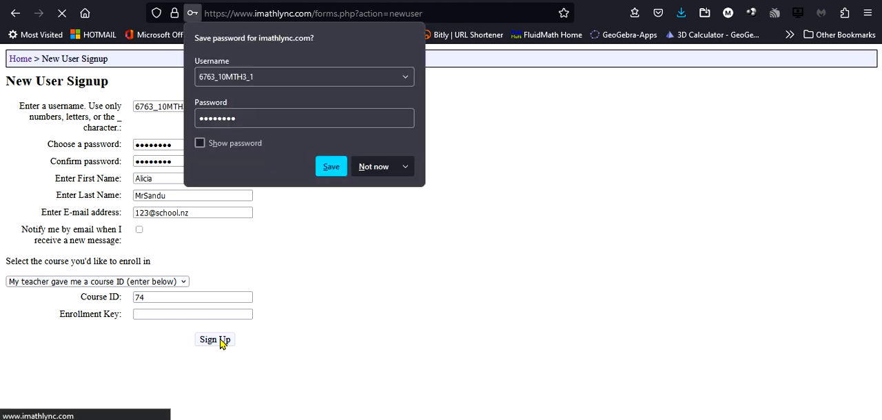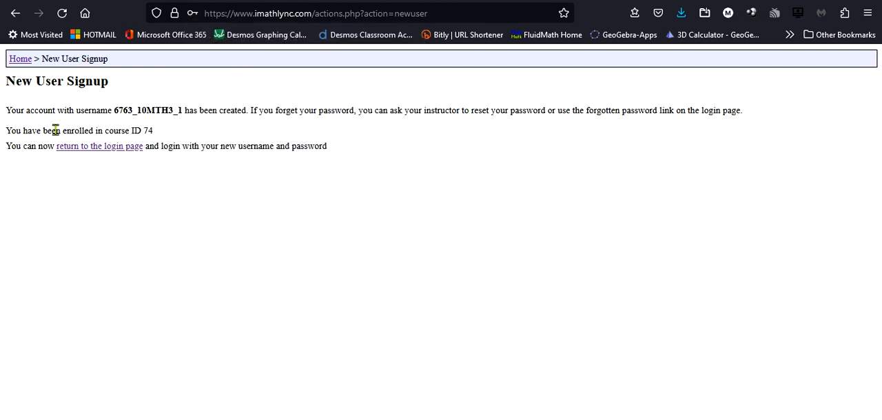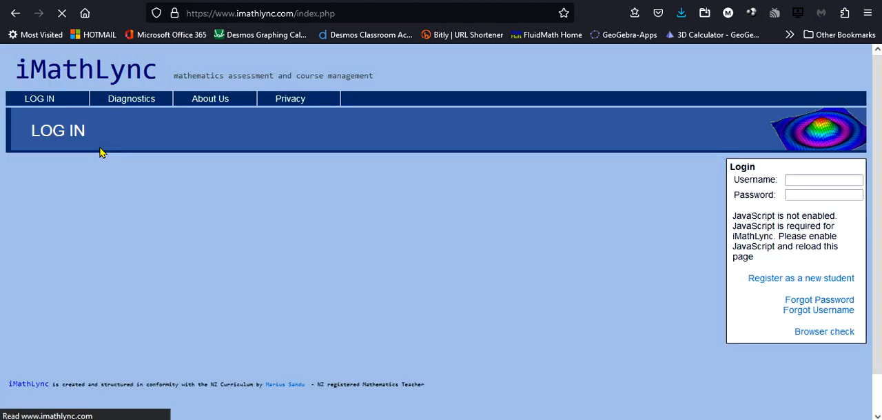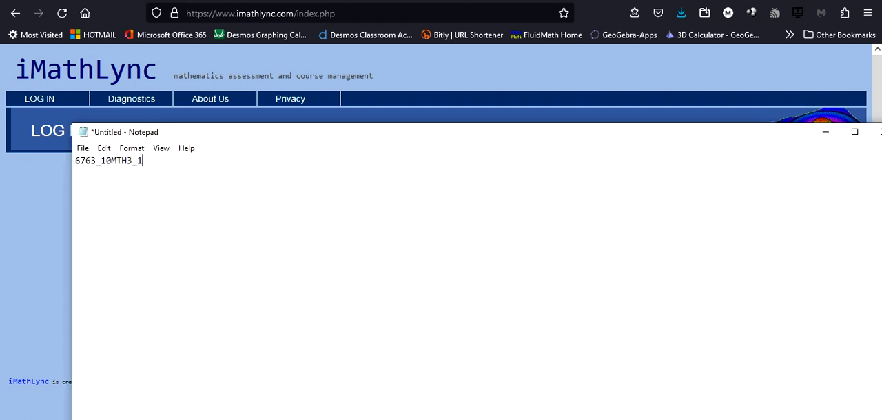Now, if I click sign up, I don't want to save that. Your account username has been created, and so on. Yes, you have been enrolled in course ID 74. So if the student returns to the login page and enters that user ID, which they need to keep and make sure that they've all got it, I copy that,